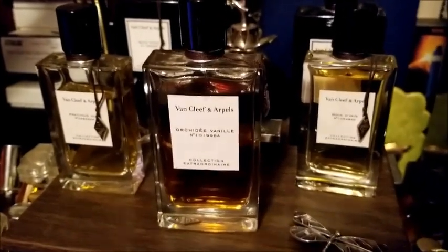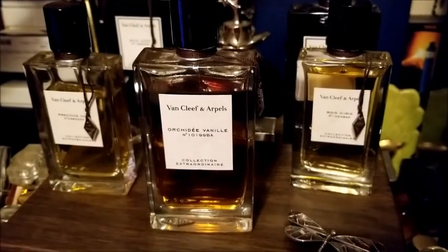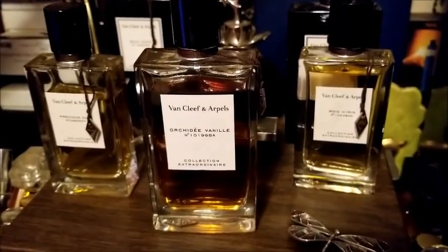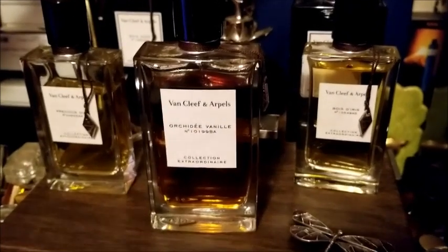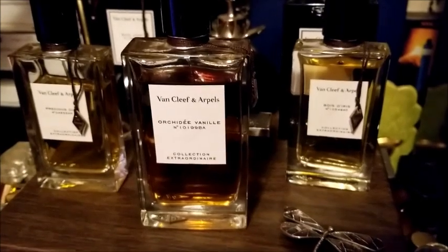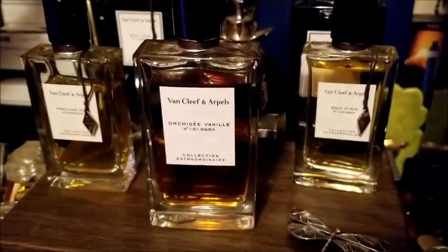There's a lot more notes in there than there is scent because it is blended really well. So I cannot pick out a lot of those scents. You do get a little bit of the tonka, but other than that, it's a very pretty perfume, but nowhere close to my favorite out of this line. And next up,